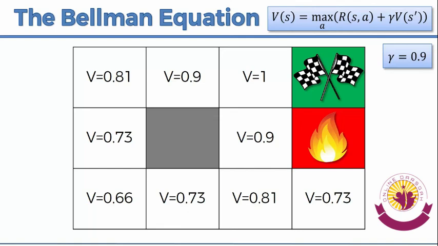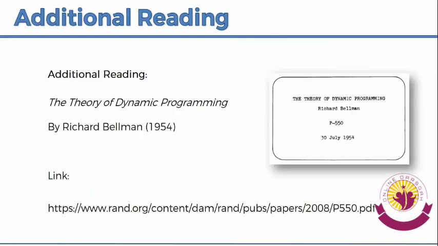At the same time, if you cannot wait and want to jump into it, there's a paper which you can look at. It is the original paper by Richard Bellman. It's called The Theory of Dynamic Programming from 1954, and you can find it at this link. So you can jump straight into it and read from the author of the Bellman Equation. But just bear in mind that this is quite a